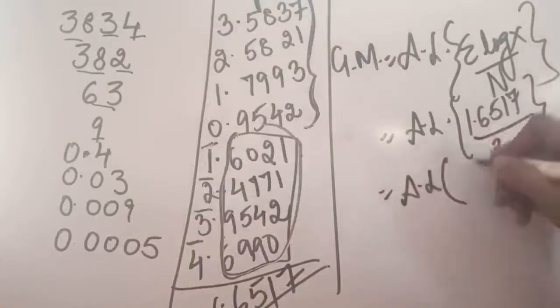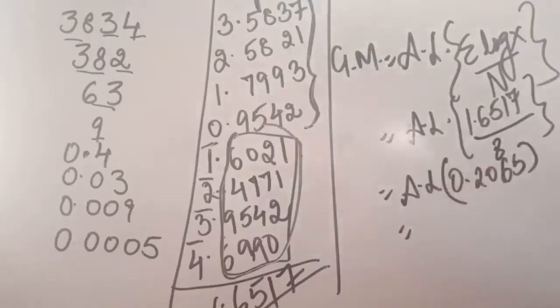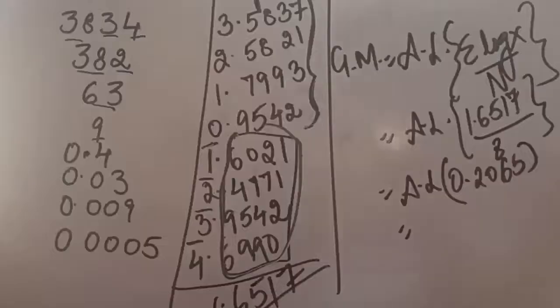So here when we divide, it will be 0.2065. So now we will look at the antilog table. From there we will see 0.20 under 6 and then under 5. So 0.20